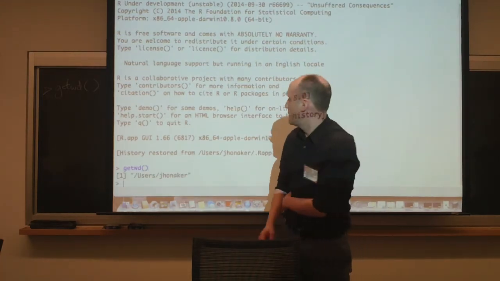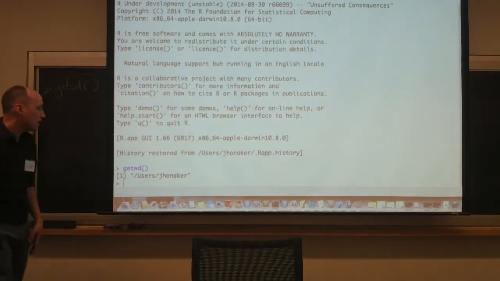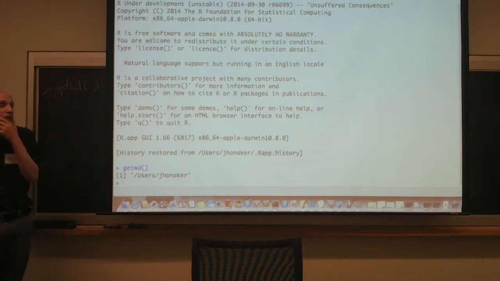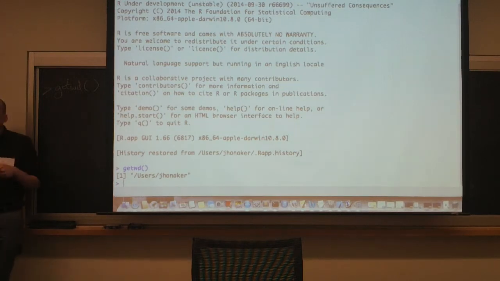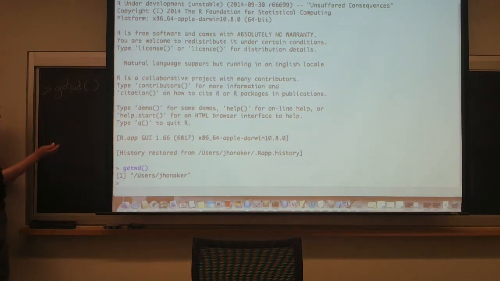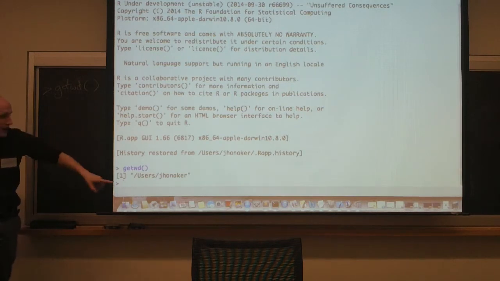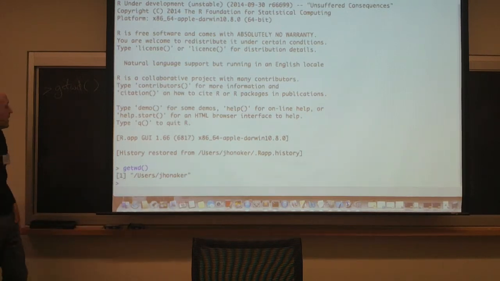So it's telling me I am in /user/JHonaker. Now, I could put those files, hello.r and dpqr, into that path if I can go find it, and then it'll find the files. It's always going to be looking for extra source code in the local working directory. But I'm not going to be that lazy. If you know where that path is, go ahead and put hello.r and dpqr into that path, and then everything will be fine.